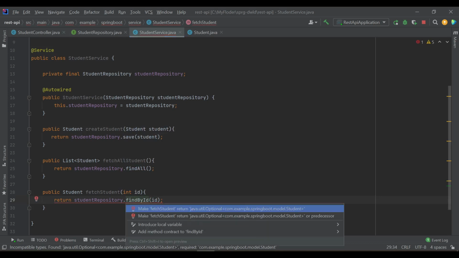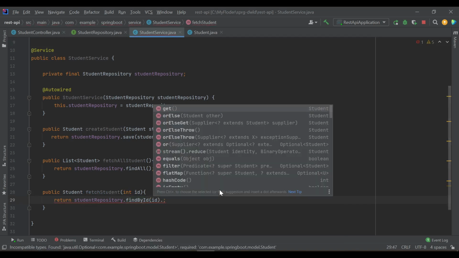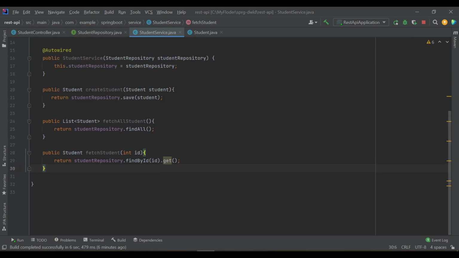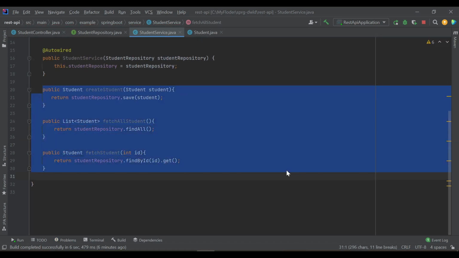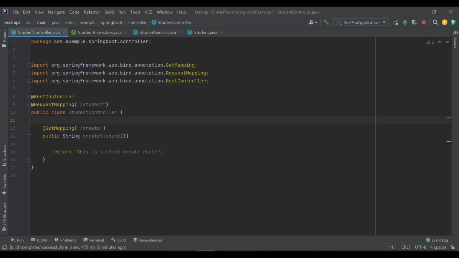Let's fix. Okay, let's use get now. Okay, so first we will wire these three methods into the controller and test, then we will create further methods.